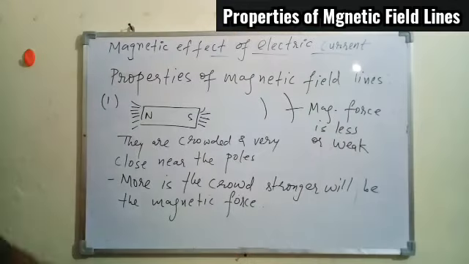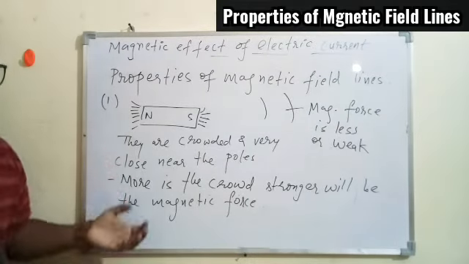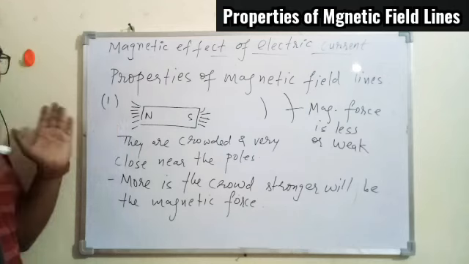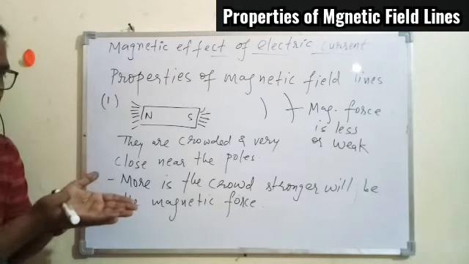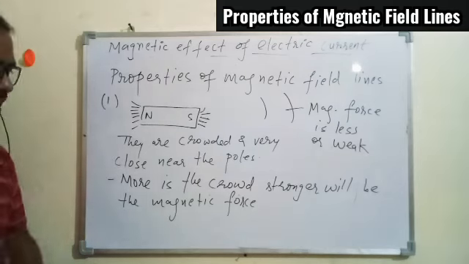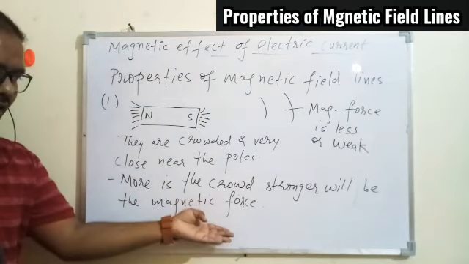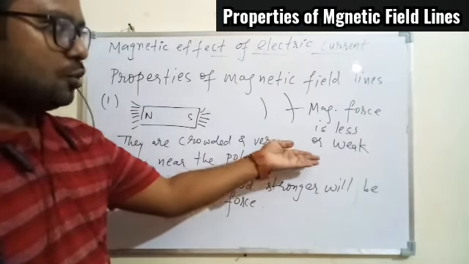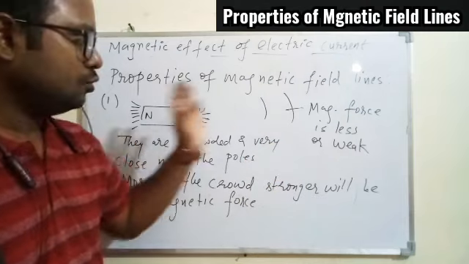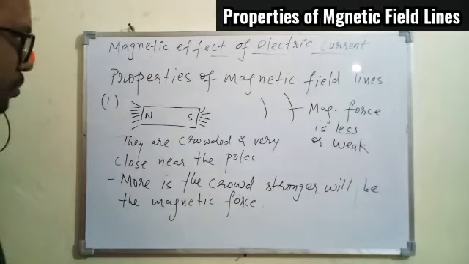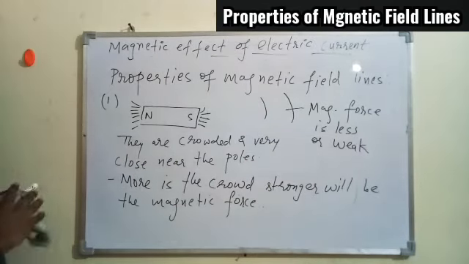So that is how we can identify if the magnetic force is stronger or not so strong, with the help of the magnetic field lines. If they are very close to each other in a given space, we can say the magnetic force is very strong. If they are not so, it is less or weak. So that is one thing we understand with the help of the magnetic field lines. I hope this property is clear.